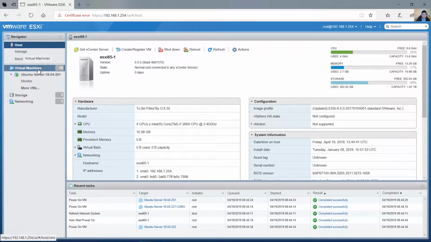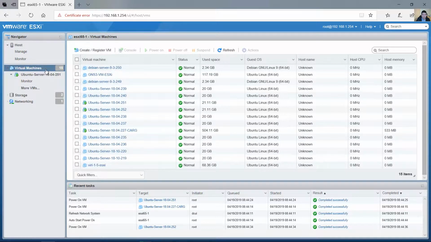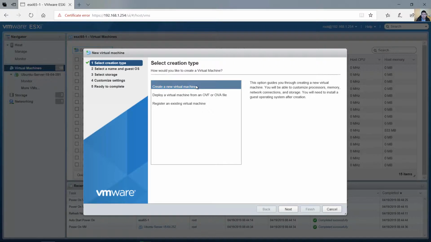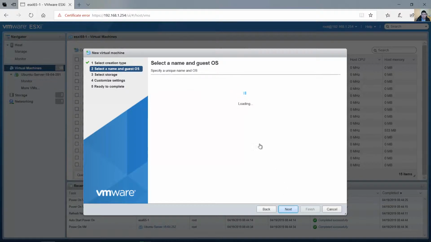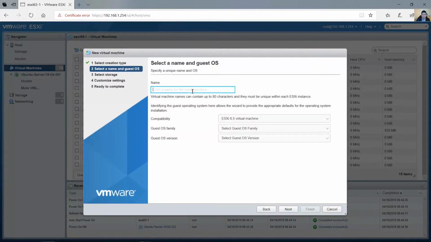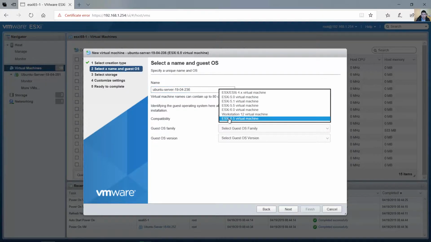Okay, go to virtual machines, create and register a virtual machine, create a new virtual machine, set the name, okay, the compatibility